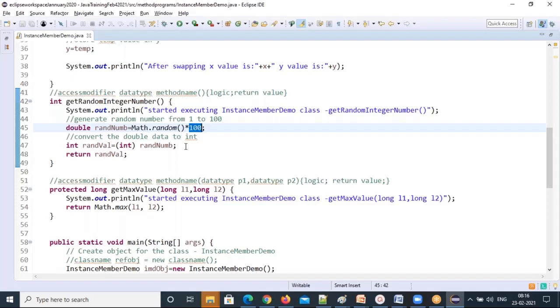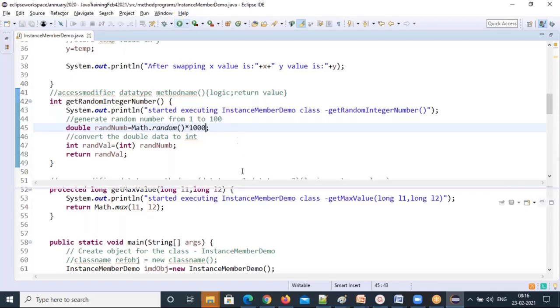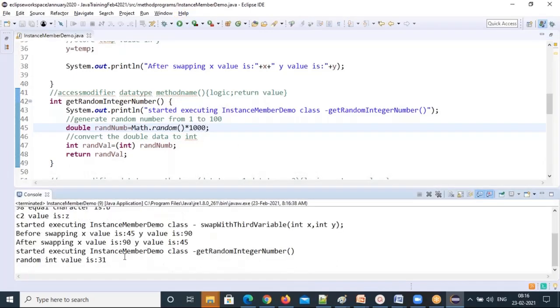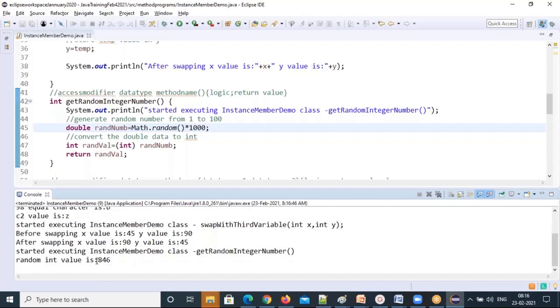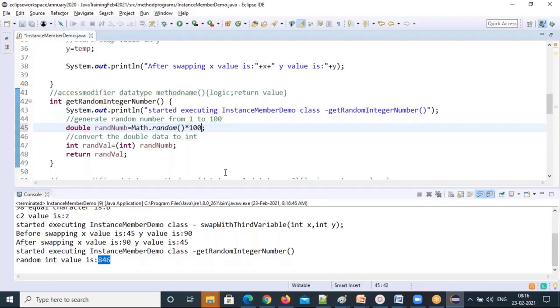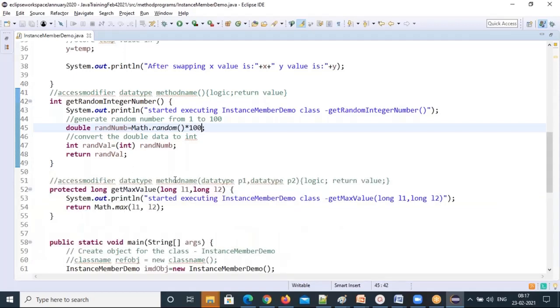Another 3 methods you can take. See, put a 10, you check whether you're getting a single digit or not. Put a 1000, you check whether you're getting 3 digits or not. So if I give 1000, I should get 3 random digits. See that, 31, okay, 1 to 1000, right? So next time you'll get a different value. See, 846, which is above 100, right? So like that you can get 1 to 1000. So practice all these things, okay? Then only you will get a better idea of coding.